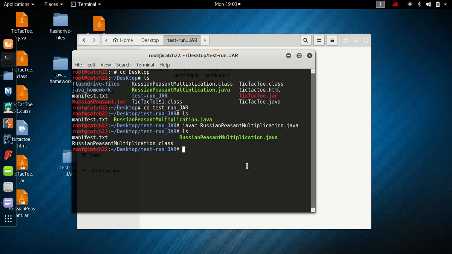Alright, so now we need to create a jar. In order to create that jar file, we're just going to type jar and then cfm. The c is to create a jar, the f is to output to a file other than the standard output, and the m is to merge information into the manifest, such as an entry point or access point for the class file, the main class. Alright, so I'm going to type my program name, which is